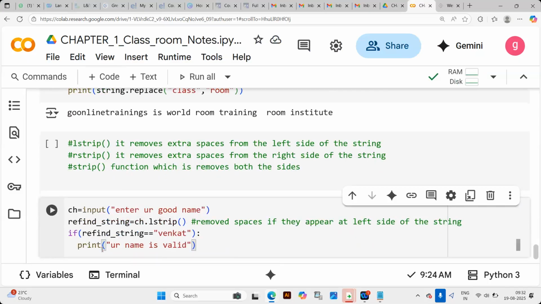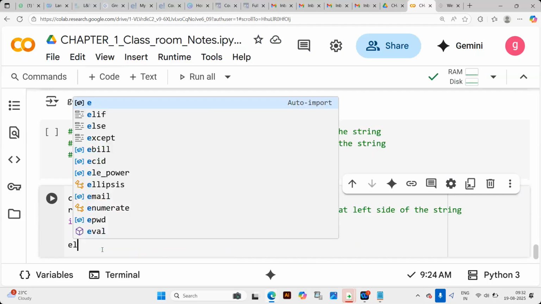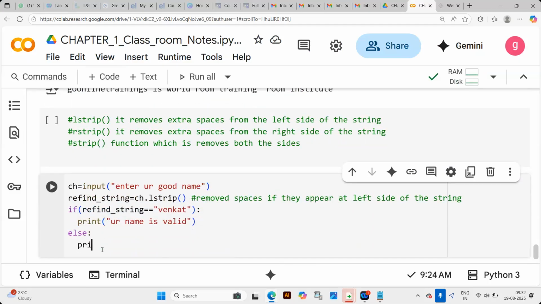If lstrip is not able to remove the spaces from the string, then I'm expecting this error to be thrown: dear, there might be extra spaces, kindly give a valid string.